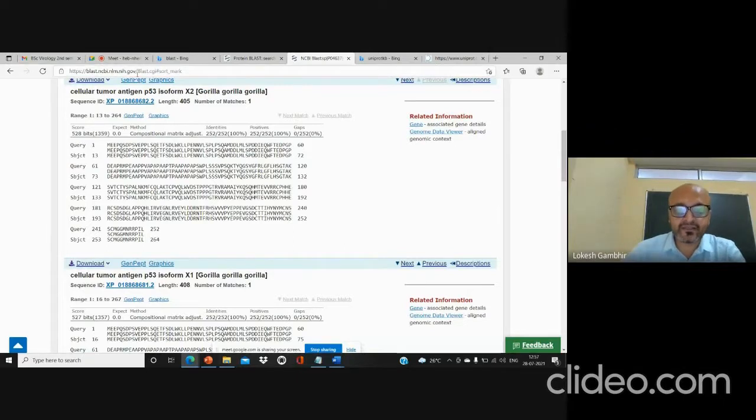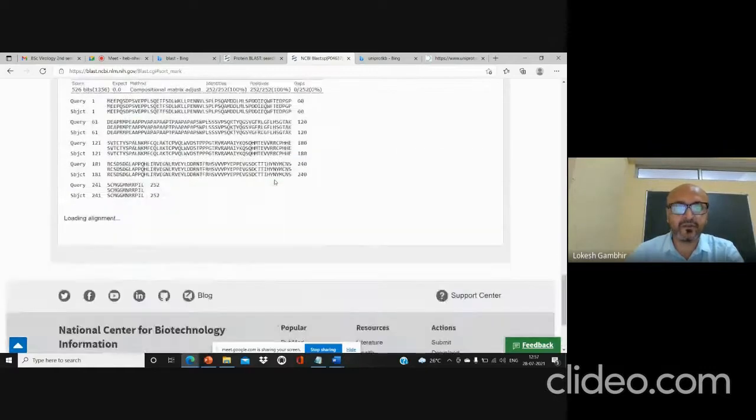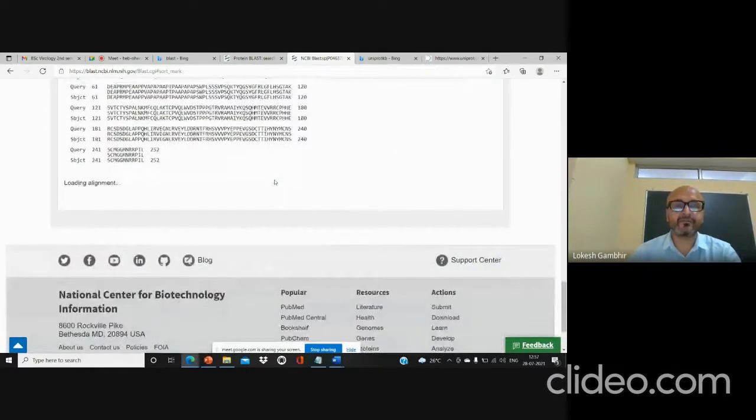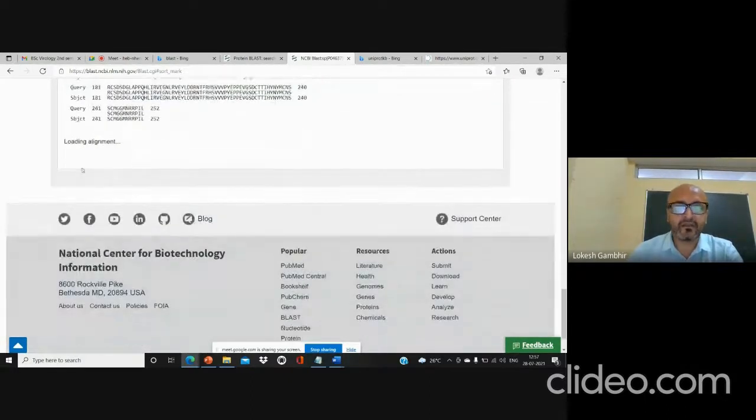And then let us talk about here. There is a complete match. They are showing that 252 of your query are aligning with 252 of the database. That means it's 100% identity and there is no gap. Let us observe another sequence, if it's available in this section, in which perhaps we can easily see the gaps.